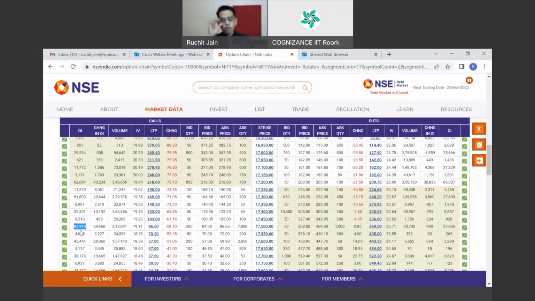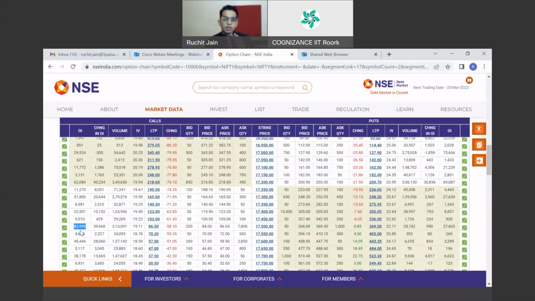So if you want to buy call option, you think that the market will go up, and you can see that resistance is at 17,500, where open interest is increasing. The resistance is becoming more and more strong. So what should you do? You should go and buy either 17,300 or 17,400 call option, and not buy 17,500 and beyond call option, although the premiums are cheap. Okay.